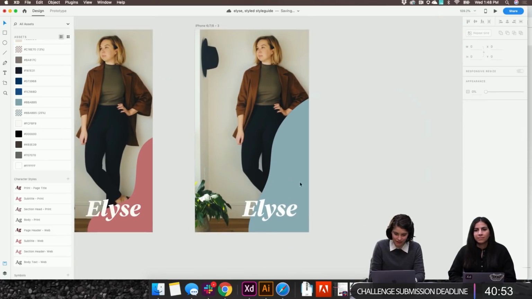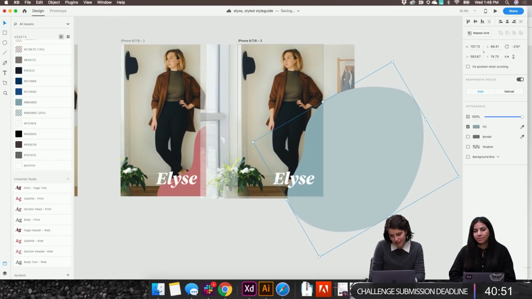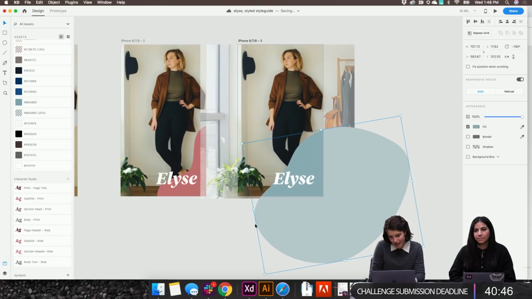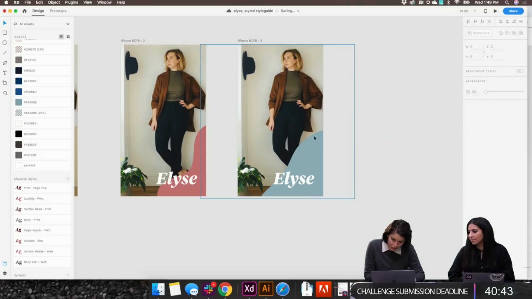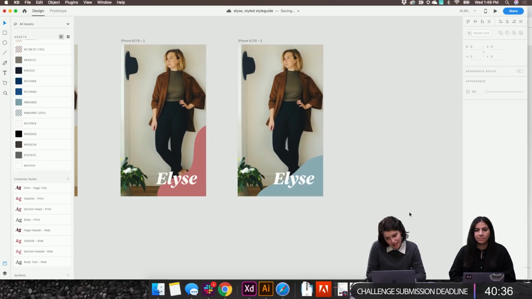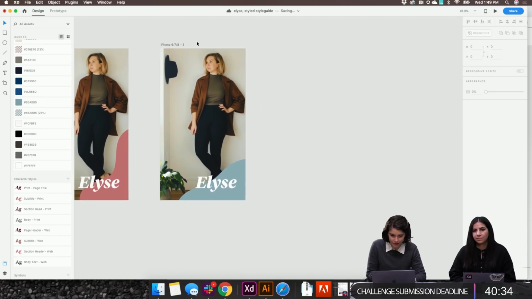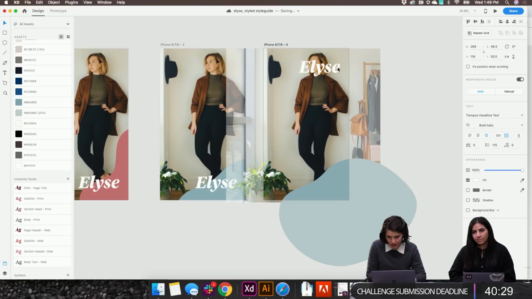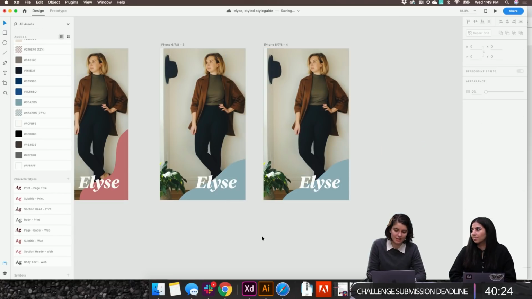So I'm just now gonna play with shapes, and I really like a sort of overlapping thing happening. I like that one. I wonder if I could try what this would look like. No, I think down low is probably good, because a lot of people's face and the bulk of their outfit's going to be up high.